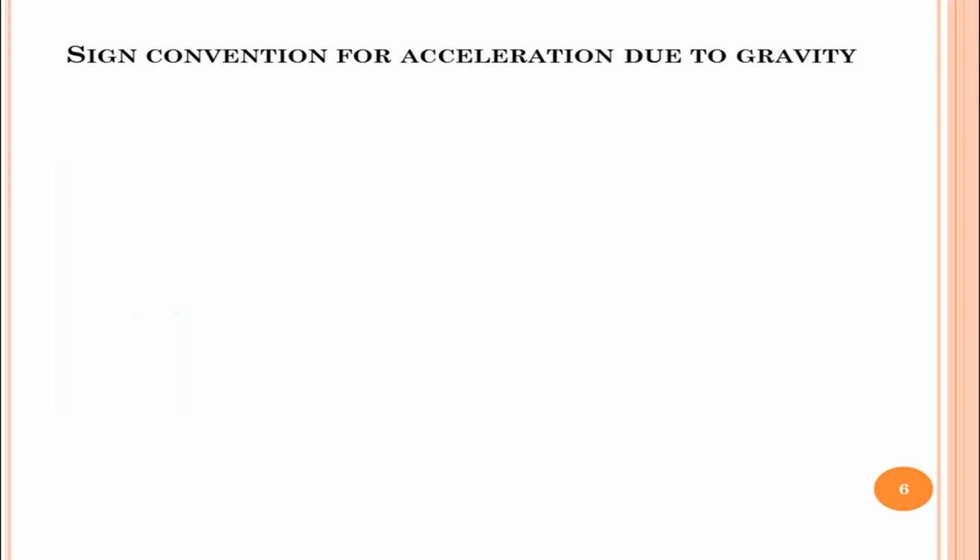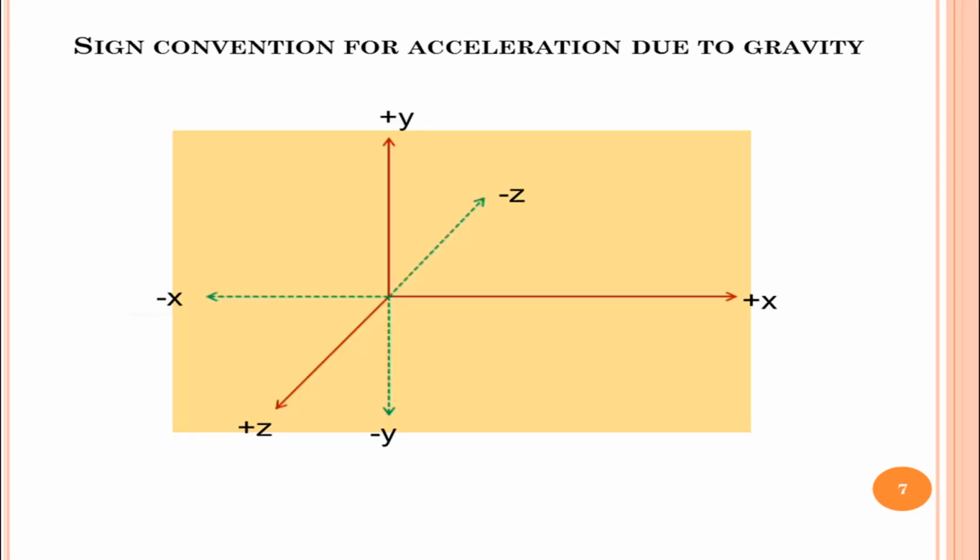Now let us see some other sign convention. For instance, the sign convention that we discussed now is enough. But when we go to the higher courses, this sign convention might not be enough, because we are looking at physics from a broader perspective. In such cases, just considering g positive or negative when it is going up or down may not be sufficient. Hence we express the sign convention in terms of Cartesian coordinates. How do we give sign to g, that is, acceleration due to gravity, according to the Cartesian coordinates?